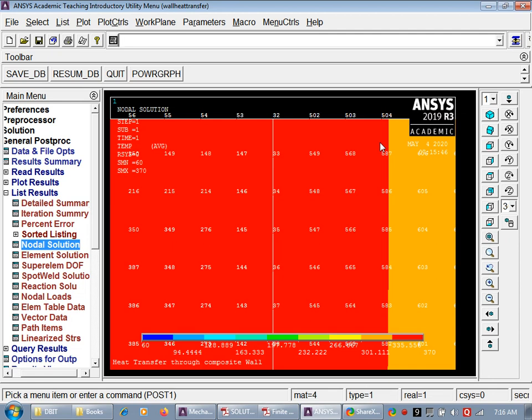So we can say across the entire height of the wall the temperature remains the same, so we can neglect that and consider it as one-dimensional heat flow. But since this particular software doesn't provide a one-dimensional thermal element, we are going ahead with two-dimensional thermal element.